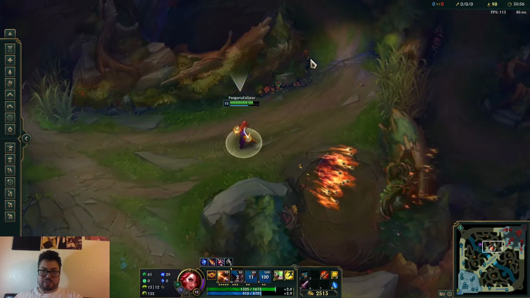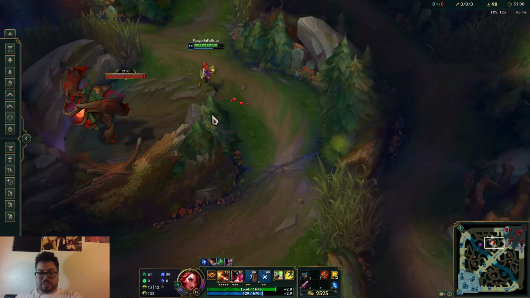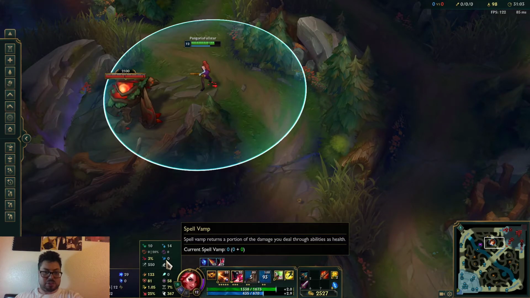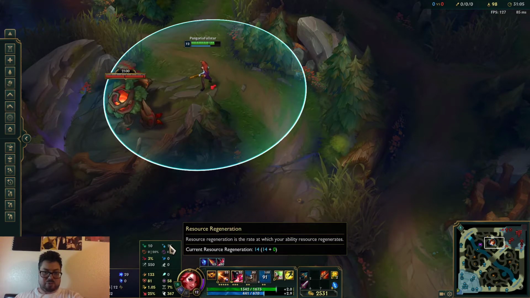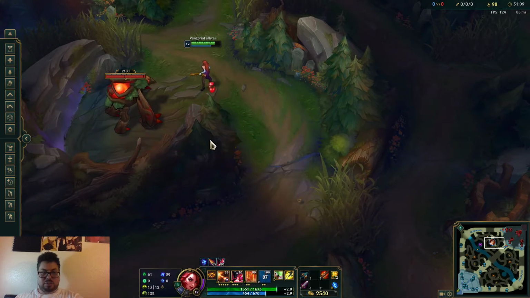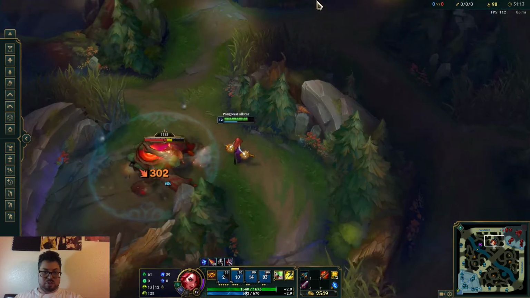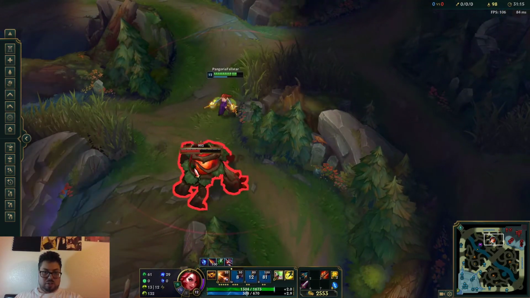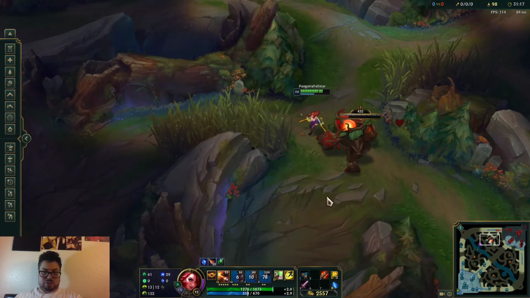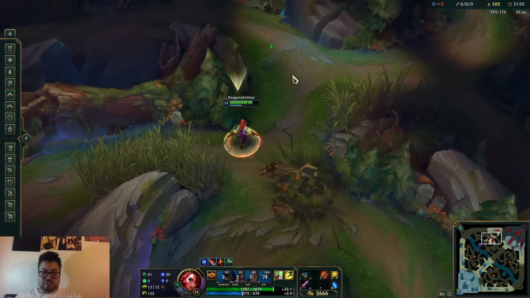Over 400 mana. If we look at the extended tooltips, mana regeneration is still at 14. Alright, so that kind of knowledge lets you plan, especially if you can just take a look down and go, okay,